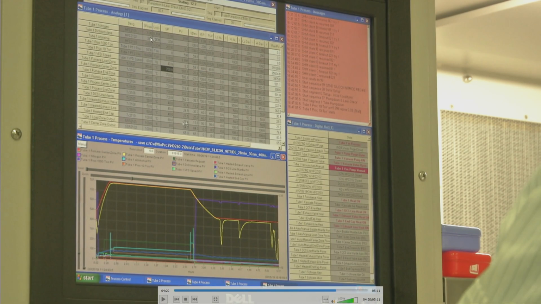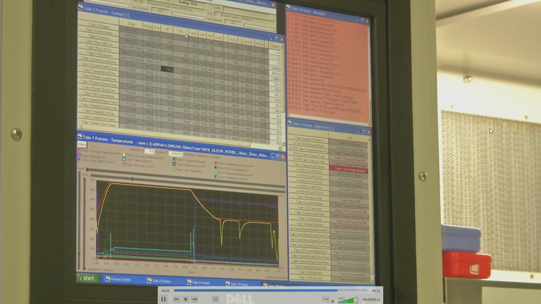You can see here about 100 SCCM of nitrogen, 200 SCCM of dichlorosilane, and 200 SCCM of ammonia, right? All these gases are flown through various tubes for deposition, and we can control all these flows using this program.